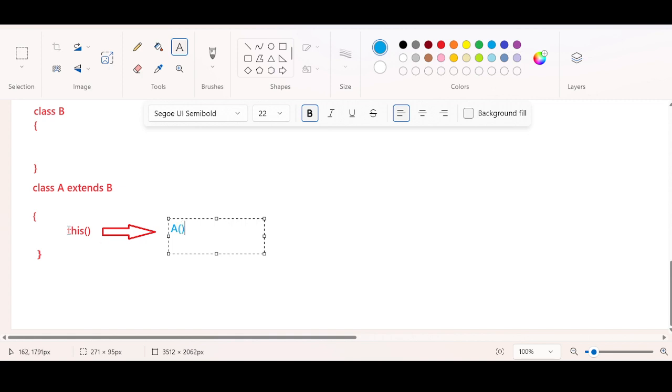It means this is the current class constructor call. The this keyword is representing the current class constructor call. When you see this, wire your mind in such a way that you replace this word with the current class name. What is the name of the current class? A. So this should be A. Likewise, when you use super,